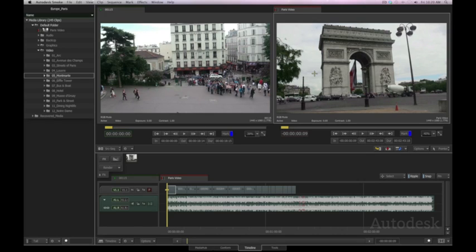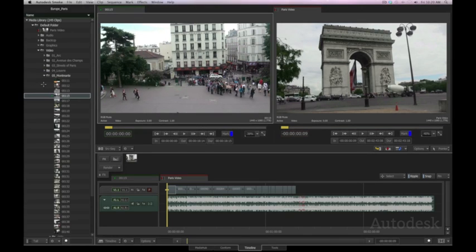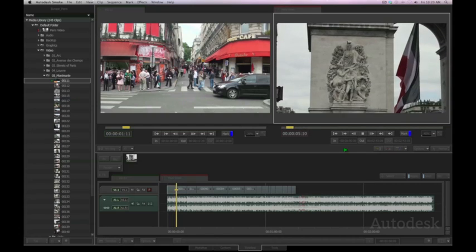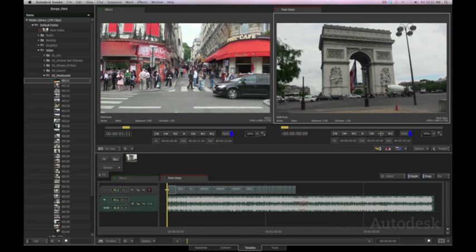I have my source sequence layout. Remember, if we tap to the side here, I can go over here and change what I'm looking at. My view, I'm looking at source and sequence. So obviously whatever folder I select or image I select over here inside of my media library, the source is going to be displayed here inside the left-hand player. Over here on the right side, I have the sequence, and if I scrub my sequence down here, or if I hit my play button, we start to play back the sequence. All right, I'll go back to my first frame using some of these buttons, which we're going to look at